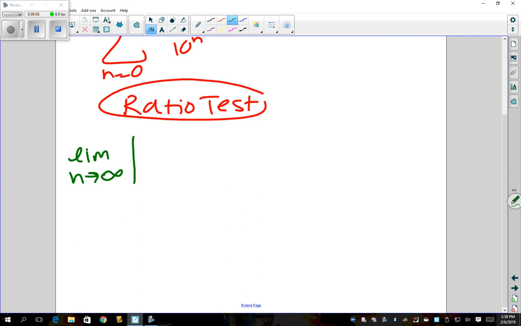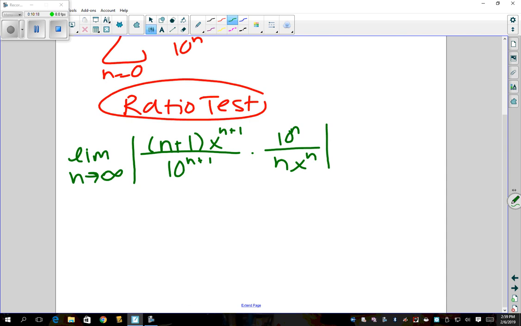We need that absolute value. So a n plus 1 looks like n plus 1, x to the n plus 1, all over 10 to the n plus 1. And we can divide or multiply by the reciprocal of just the regular sequence. So now when I'm taking this limit, as n goes to infinity,